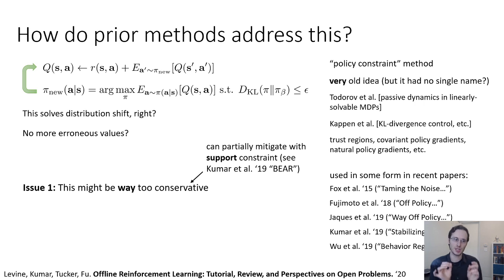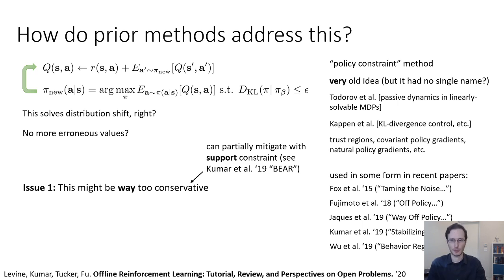Now, one thing that can mitigate this is to use a support constraint. To basically say, it's not that you have to match the distribution, you just have to match the support of that distribution. So if the distribution is highly random, you can do sort of anything you want within that support, but if it's highly deterministic, you really need to do whatever it did because you don't have any wiggle room to go out of support. And we explored this a little bit in a paper from 2019 that introduced an algorithm called BEAR, which uses